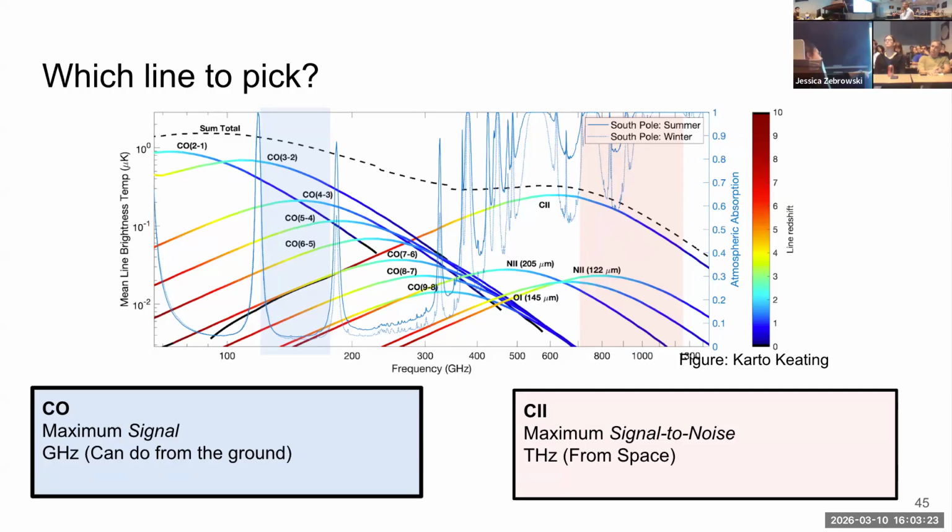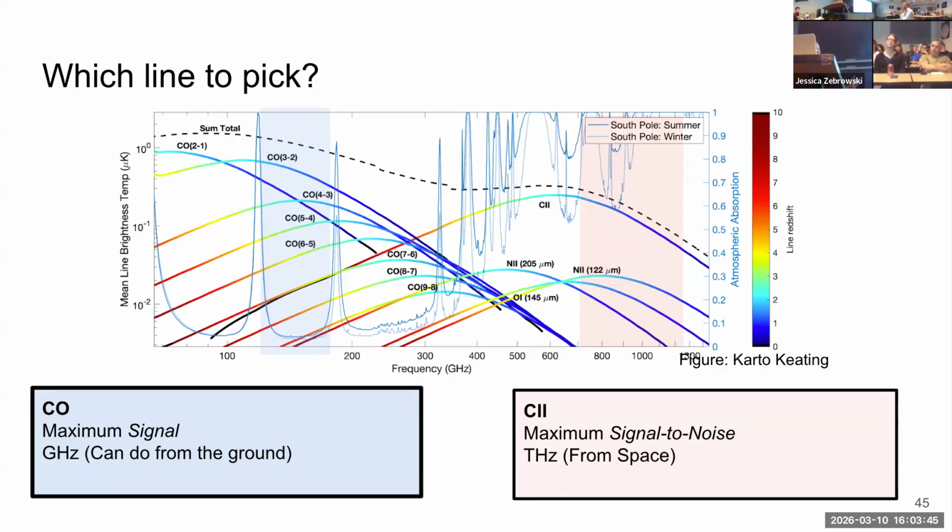So that's the maximum signal point, but that is not the maximum signal to noise. And if you want this maximum signal to noise, then you're someone who wants to make an experiment that looks at C2. So this is a log scale plot. If you take a map of 1000 gigahertz and you take the Fourier transform of it, you're mostly getting C2. You don't have to deal with this whole separation effect as much. And you're looking at the maximum signal to noise.